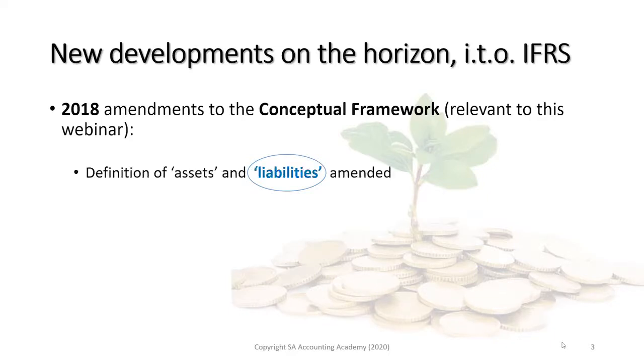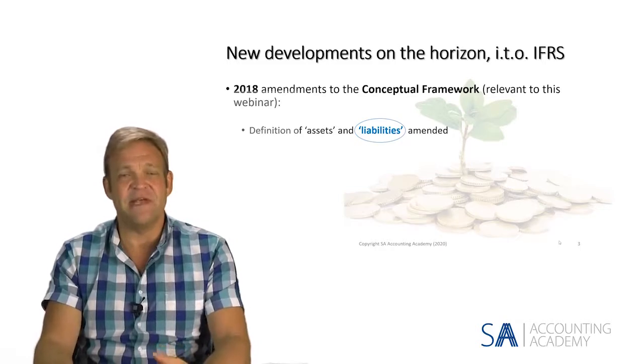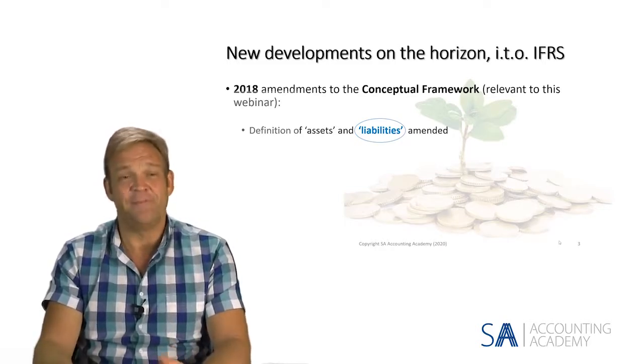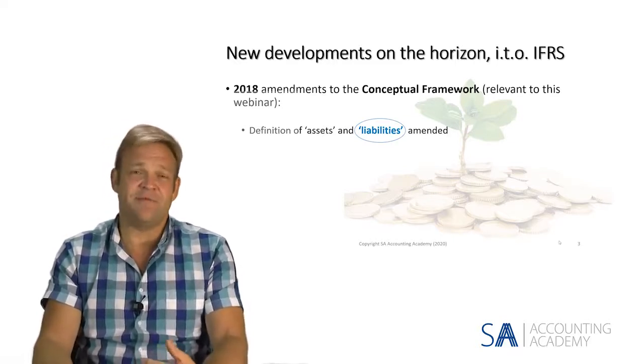So if we look at the first amendment there in a bit more detail, the definition of an asset has been rewritten, and also the definition of a liability. And obviously that will impact the way that we look at liabilities. Now it's important to remember that these amendments have been incorporated in full IFRS, and although they haven't amended the IFRS for SMEs as such, it is highly unlikely that the definition of assets and the definition of liabilities will be left untouched in the IFRS for SMEs in respect of these changes that we talk about now. So I think we need to investigate a bit further what these changes are that have been made in terms